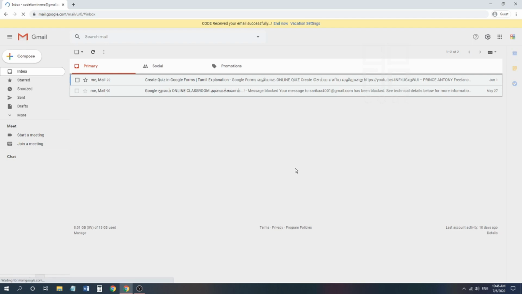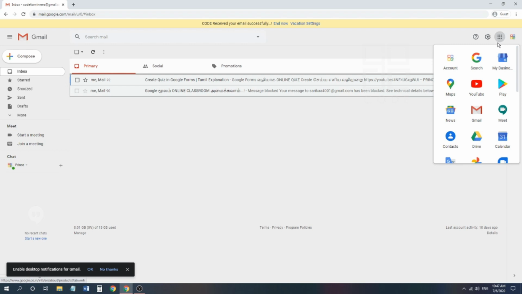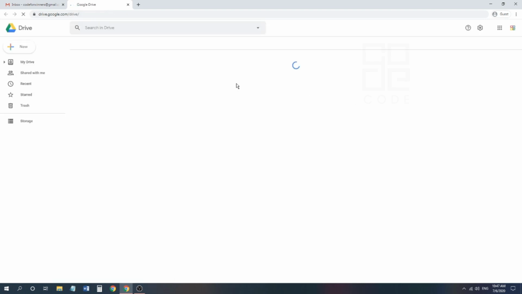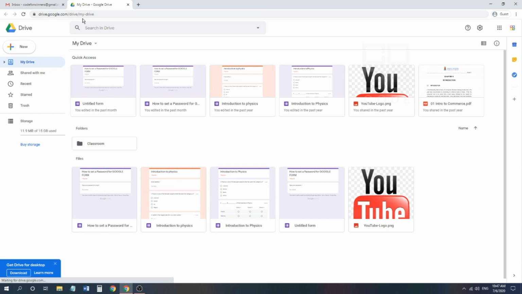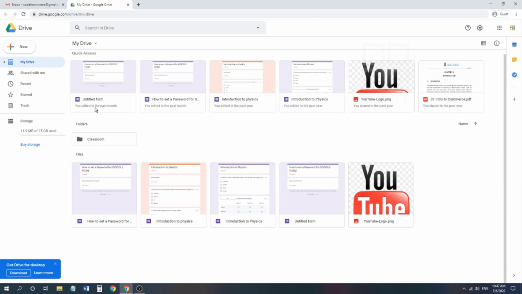Now I'm showing you how to store data in your Google Drive. Just sign into your Gmail and you can see the applications here, the triangle shaped application, Google Drive. Just click it and you enter inside. So this is your Google Drive. Here you can store any type of files. This is like your pen drive, an online storage. You can save all kinds of data here, and access it anywhere.